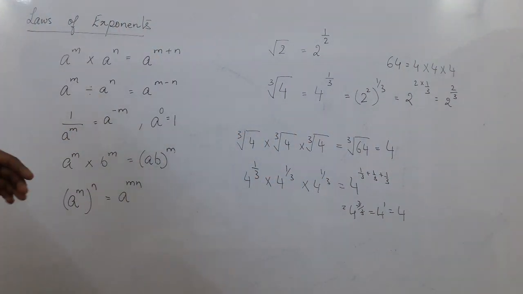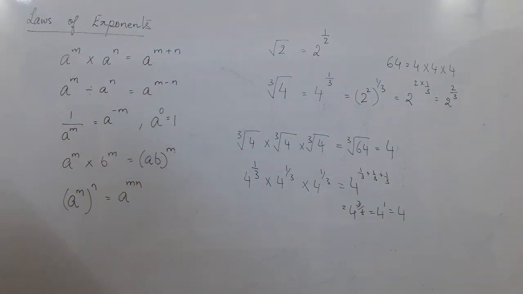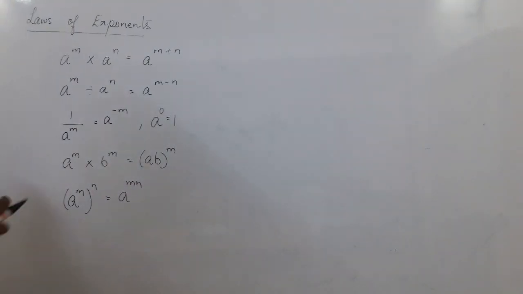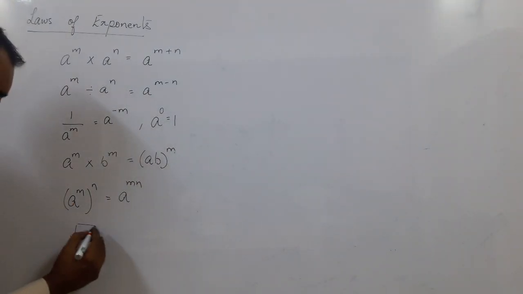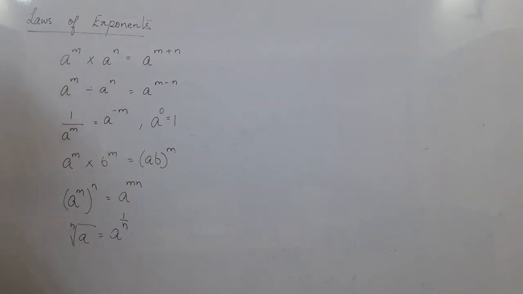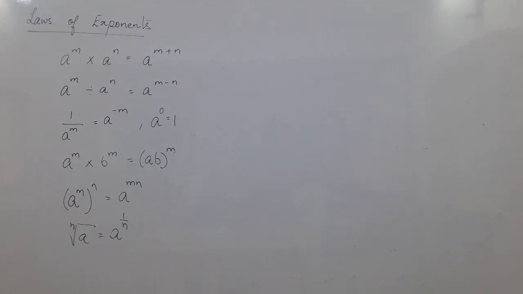Now when we do further sums, what we will see is that I converted this 4 into 2. So we break the sum into prime numbers to solve the sum. Okay, so I'll add one more step to the writing form, the pattern here. What is the formula? The nth root of a is written as a raised to 1 upon n. Okay, so write all these identities in your book. Now make an identity or a formula sheet and write all these formulas in the sheet. And now let's start to use this sheet to try to solve our sums. Okay.